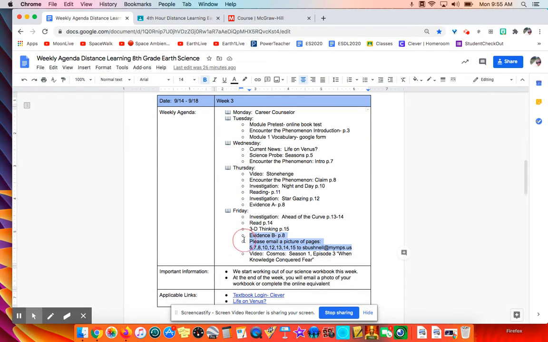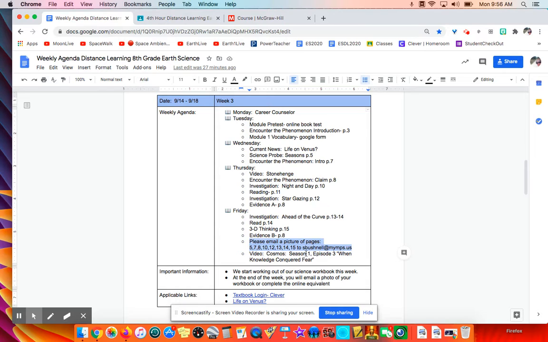Pause the video and write this down. Last week, you were supposed to email a picture of page 5, which was the science probe. Page 7, that was when you drew a picture of encountering the phenomena. Page 8 was the first page of your claim, evidence, and reasoning. Page 12 was the investigation you did on night and day. Page 13 was the investigation on stargazing. Page 14 was the investigation ahead of the curve. And page 15 was a